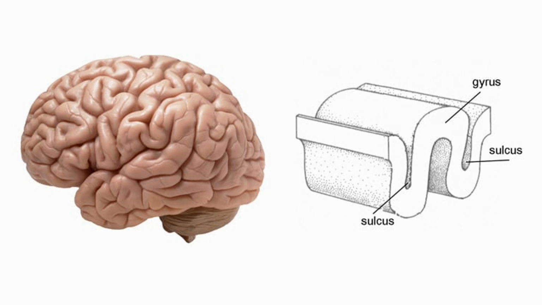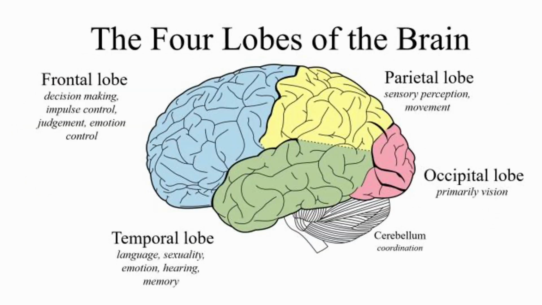The cerebral cortex has numerous crevices called sulci. The ridges of cortex that rise up between the sulci are called gyri. The cerebral hemispheres have four major lobes: the frontal, temporal, parietal, and occipital. The frontal lobes are in the front of the brain and extend backward to the central